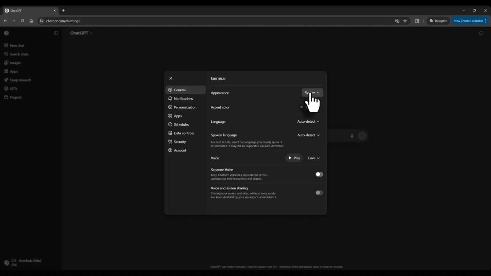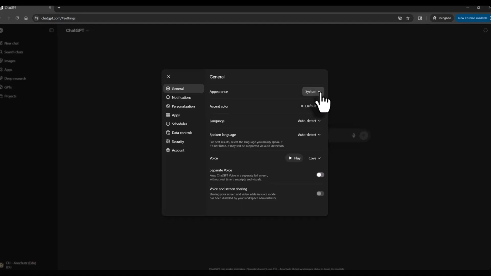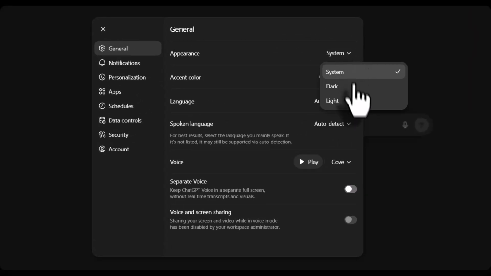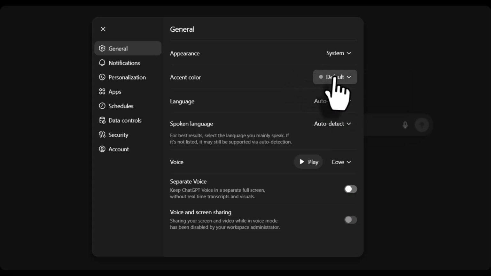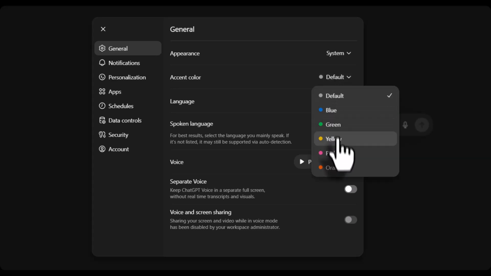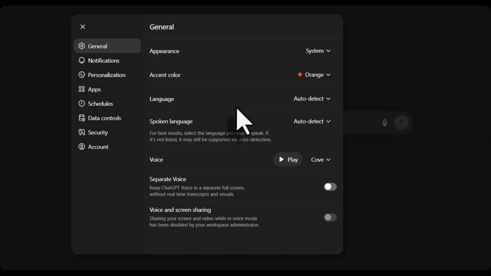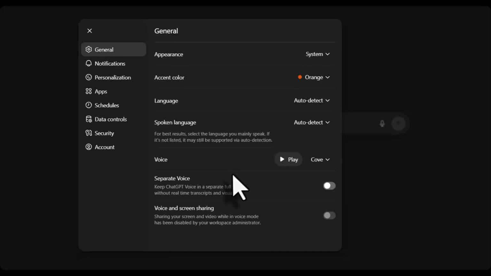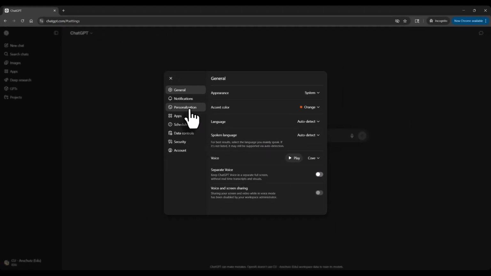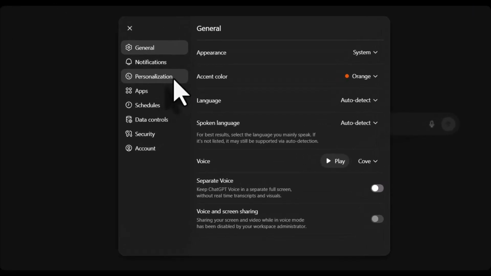What I have available for me is, first off, I get to change the appearance here. So this is picking up my system default, but you can customize that to be dark or light, whichever you want. And you can also change the accent color. So I'm going to go ahead and change mine to orange. And there are a couple of other options here, but we're going to skip past those and go over the